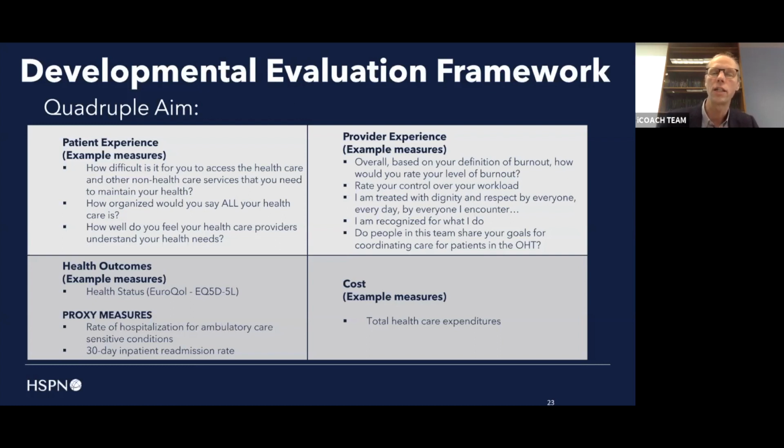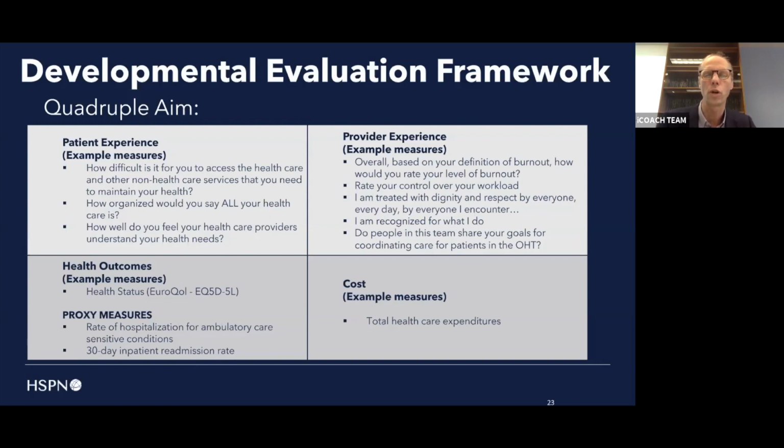So these are not locked in stone yet as evaluation measures, but I think give you a flavor that we're intending to be quite broad and not overly narrow in our understandings. The provider experience, this is in the space of a to be determined and under development. So we're actively currently working to develop measures of provider experience, both generically for what really helps providers to have an overall positive work experience environment, and also some items that may be specific to coordinating care for patients in the OHT.